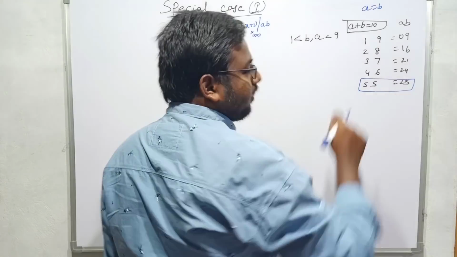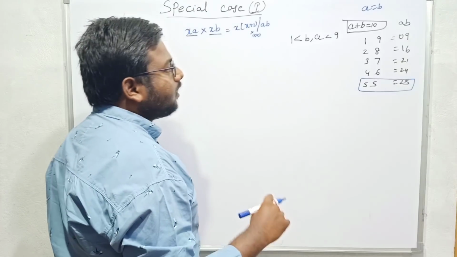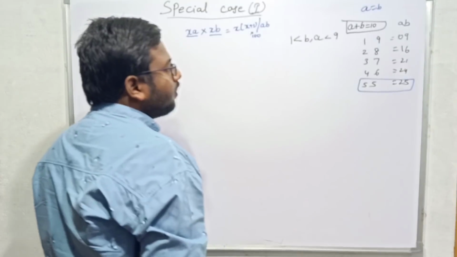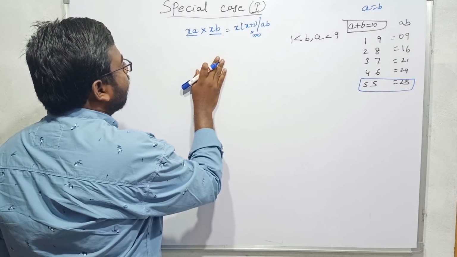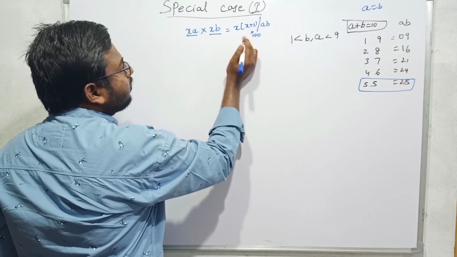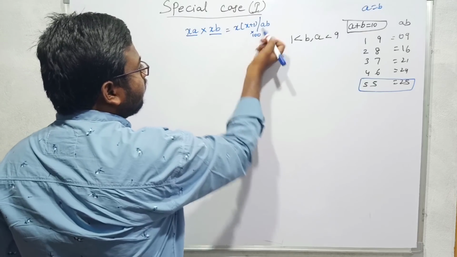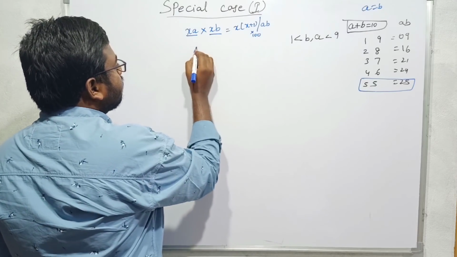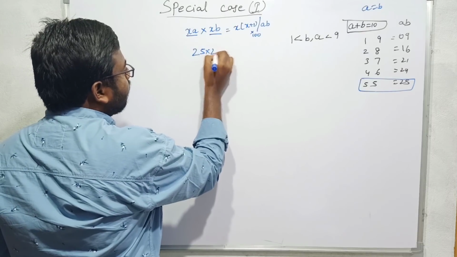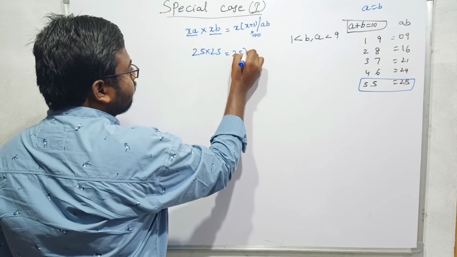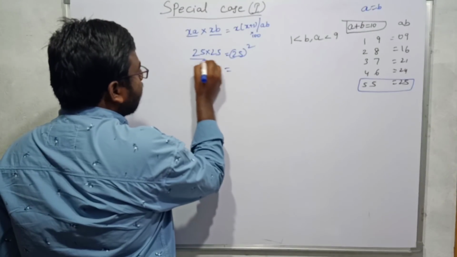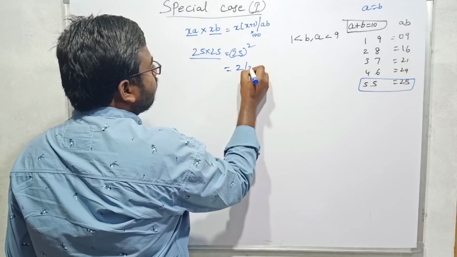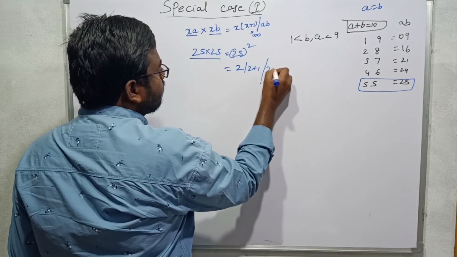This concept can be discussed in detail in the topic of algebra, so we will keep it aside. If I take the case of 5, remember that this is nothing but x into x plus 1 into 100 plus AB. This is 25 into 25. This is forming a square number, 25 square. So 25 square, this 25 into 25, can be written as 2 into 2 plus 1 beside 25.